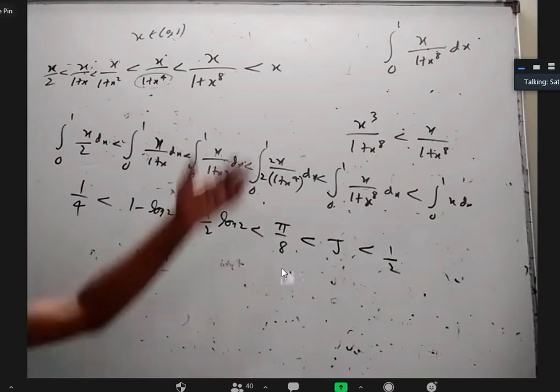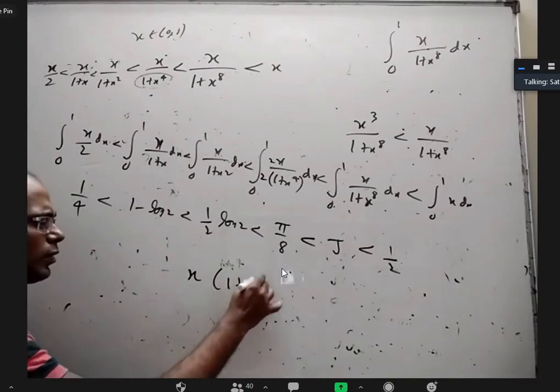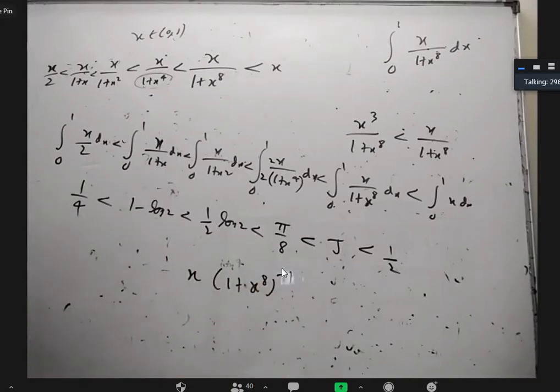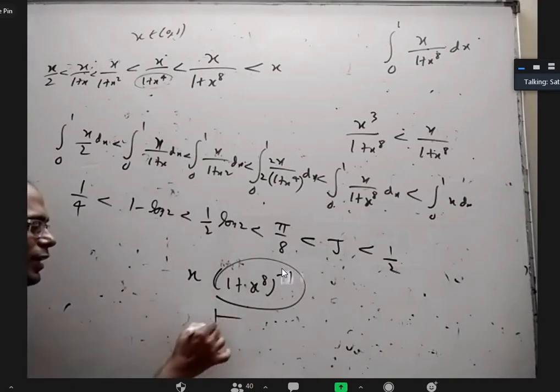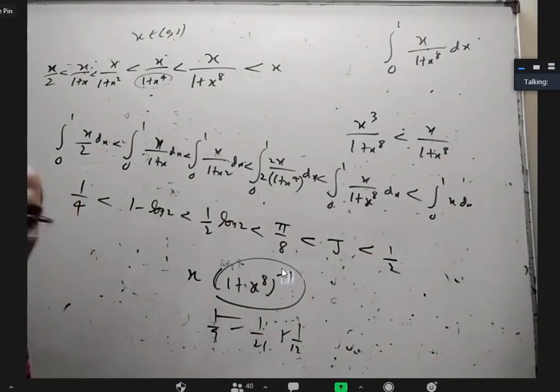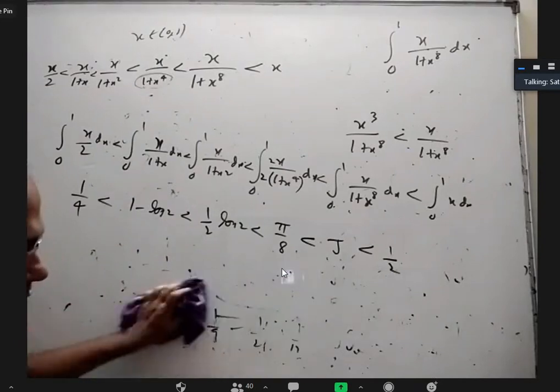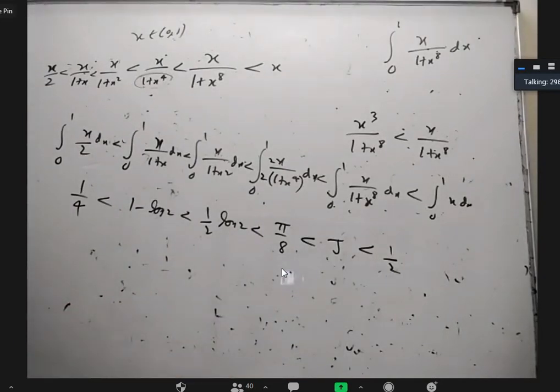For example, I'll tell you, you can use expansions. Take 1 plus x power 8 whole power minus 1. For this, use Taylor's expansion. Multiply by x and integrate, you will get a series. You will get the exact answer only, but it is an infinite series, not one simple number. When you integrate it, you will get 1 by 9 factorial minus 1 by 10 factorial plus 1 by 12 factorial, something will come. Exact answer. But how will you simplify it? So here I told you the exact answer. Do Taylor's expansion, use it. You will get an infinite series. Understood. Thank you, sir.